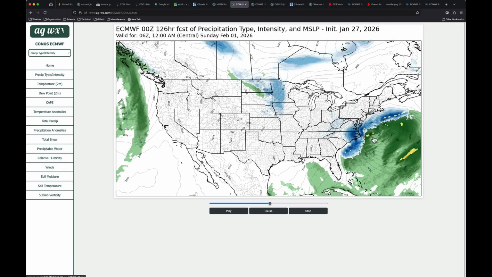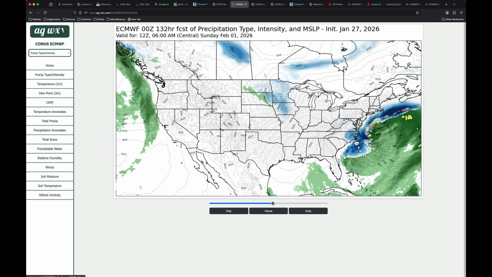Forecasts have been kind of mixed back and forth with how deep this low gets, but if you get down below 990, 980 millibars here, you're going to have some significant impacts to the coastline, down to like 978, maybe 972, kind of hard to see that. And it's a heavy snow event, you're talking a 24-hour snow event for North Carolina here. Now, this is 132 hours out in the forecast. It's just one forecast run, so we can't call this for certain for North Carolina here.